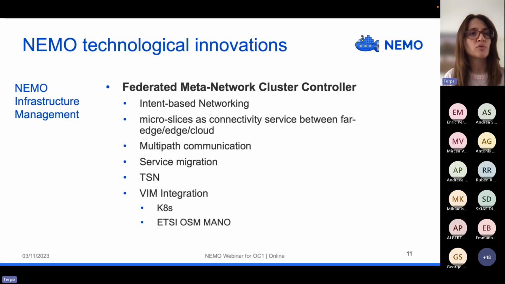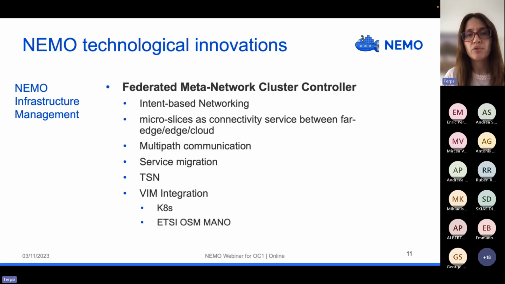A closer look now at the NEMO technologies. We start with the infrastructure management functional block in the meta architecture. This is materialized through a meta network cluster controller. Its main principle builds upon intent-based networking and the creation of microslices, support for multipath communication, and service migration across those slices.